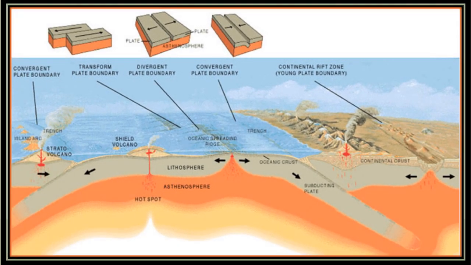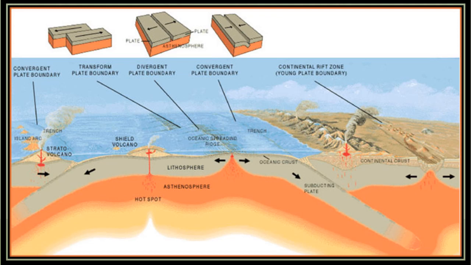So next to this, let's look at this image that we have discussed in the previous part. We came to know how it exactly looks. If you see, the orange part is the asthenosphere, which is semi-plastic in nature, where you can see a hot spot or a plume where a shield volcano is, in the ocean. Over this asthenosphere, which is semi-plastic or weak in nature, the lithospheric slabs move